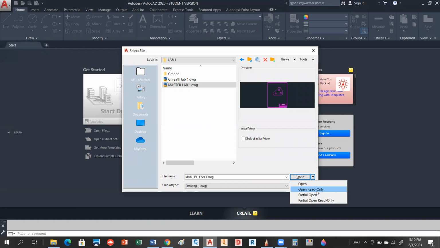Okay, so that's kind of a way of creating a file that you don't want to screw up. You can open it as a read-only. Even though you're editing it, you won't be able to save those changes until you save it to a new name. You can also do what's called a partial open or a partial